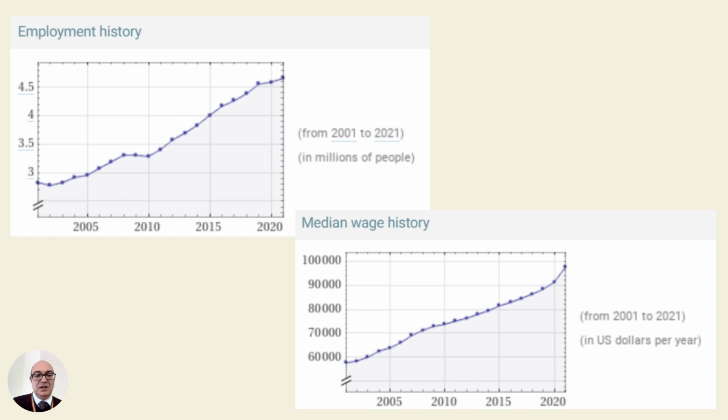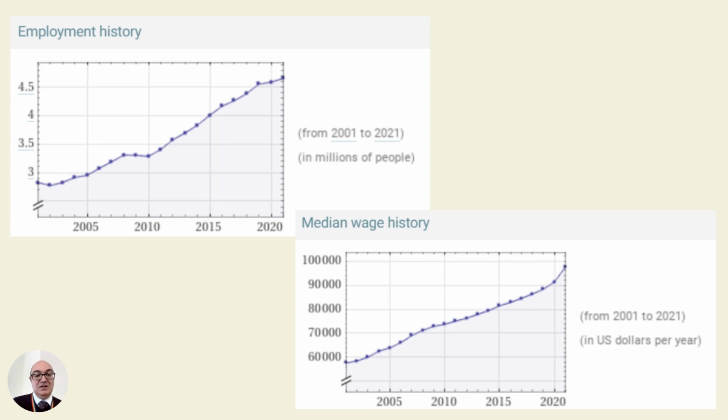So let's have a quick look. In the US, these are United States of America figures. We're talking about 4.6 million people employed in computing and IT. And that positive trend is still continuing after 2018.